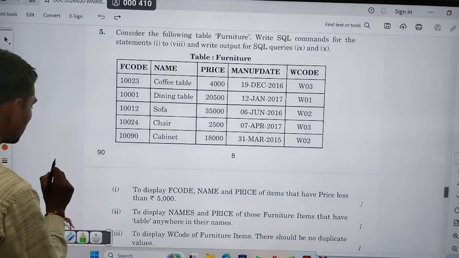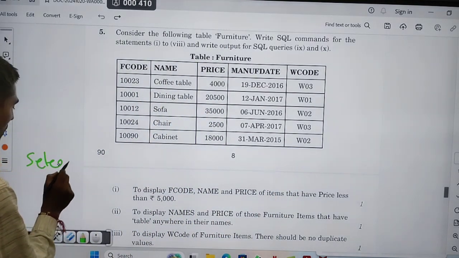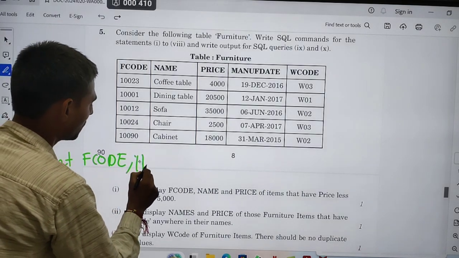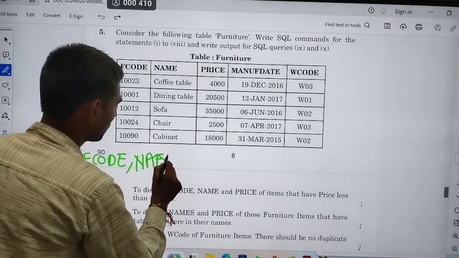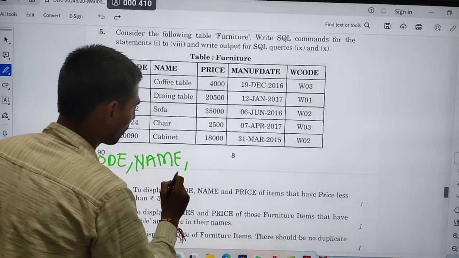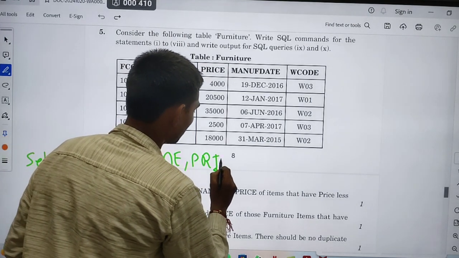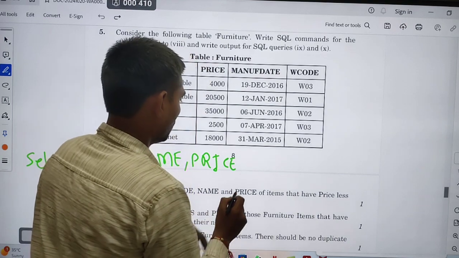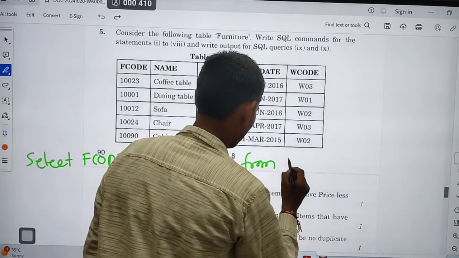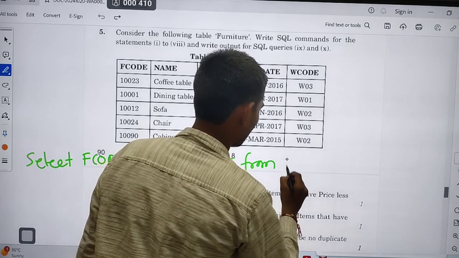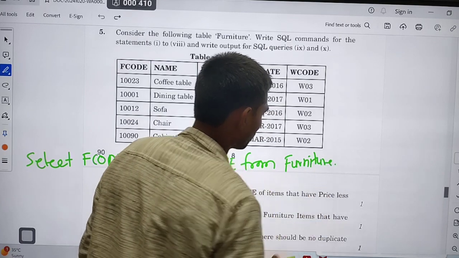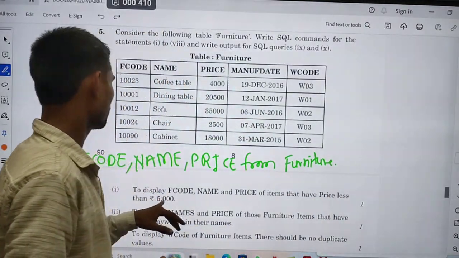Read it again: select F code, comma name, comma price from table name furniture that have price less than 5,000.